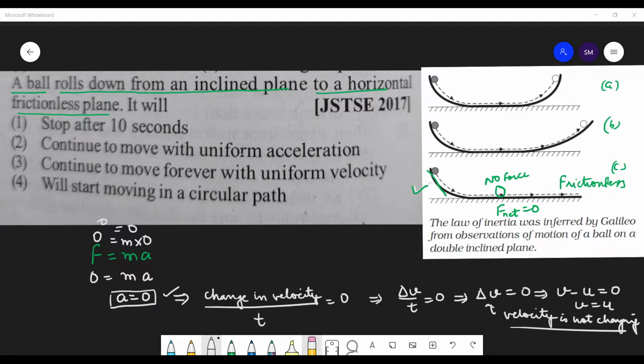Pratham, which option is correct? Toshit? I think option 3. Okay. Kanishka, which option is correct? Sir, option 3. Twinkle,